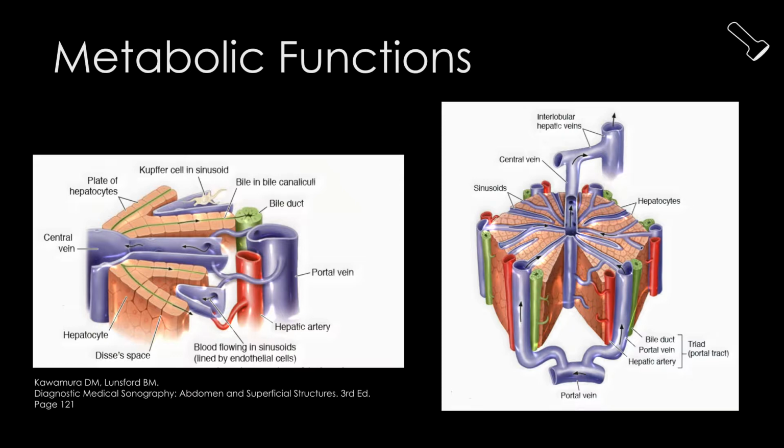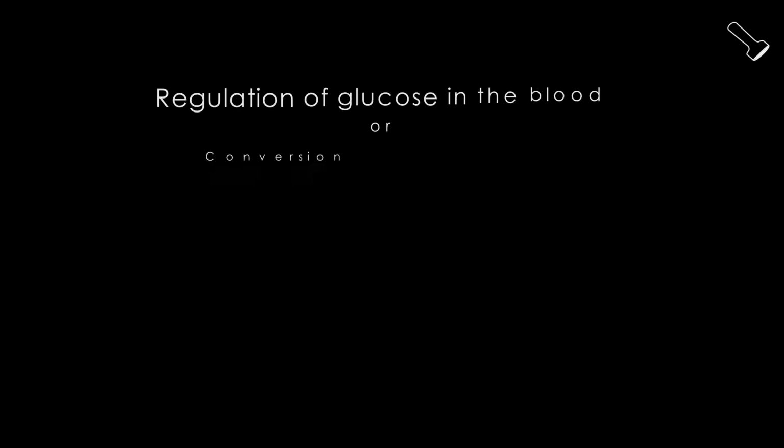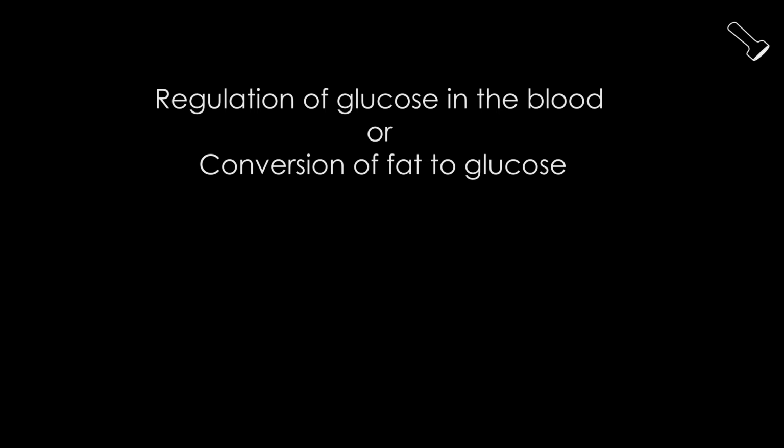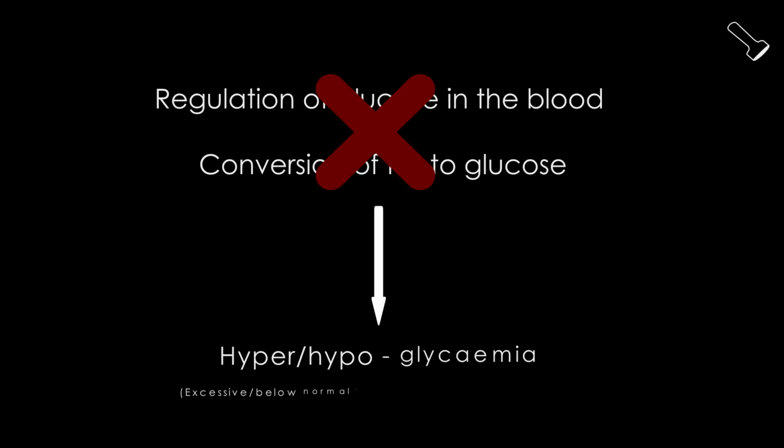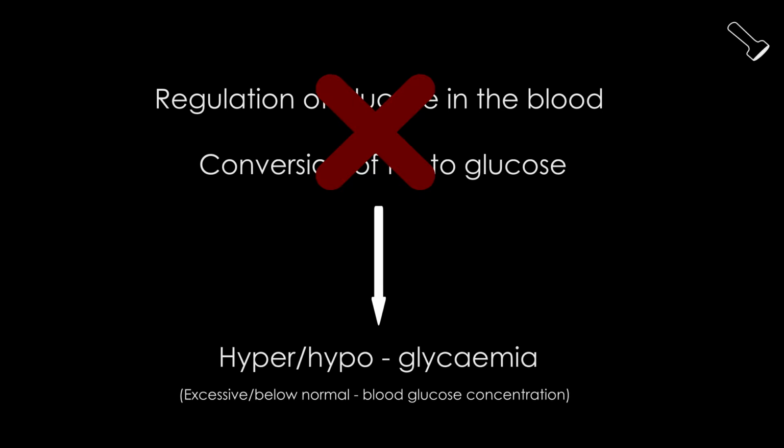relevant to liver disease. So if a disease state caused dysfunction in the regulation of glucose in the blood, or conversion of fat to glucose, that disease could cause hypo or hyperglycemia. And it follows from that that hypo or hyperglycemia in a blood test could suggest that there's some type of